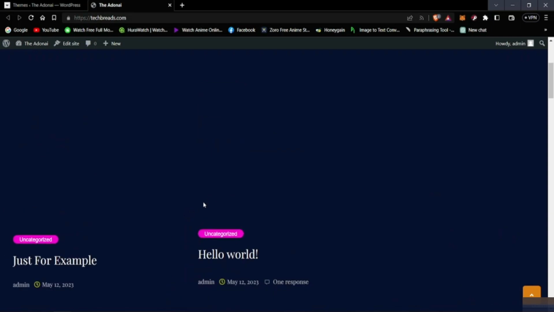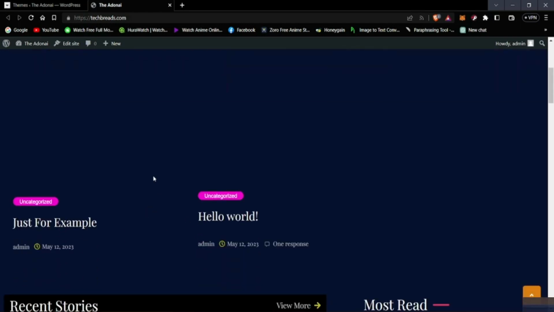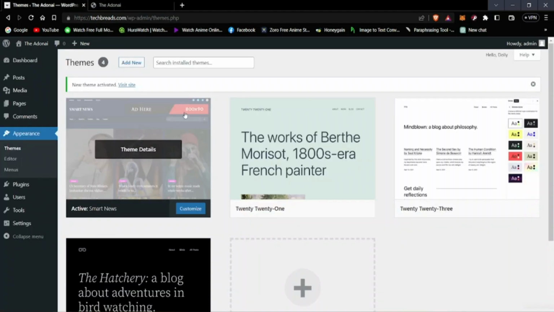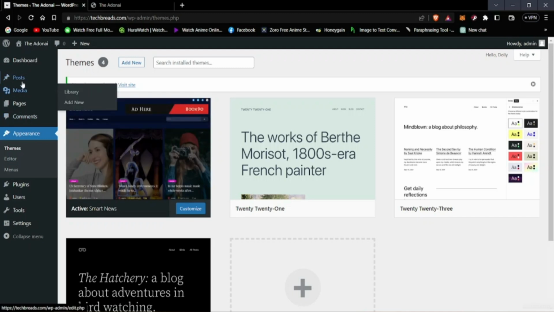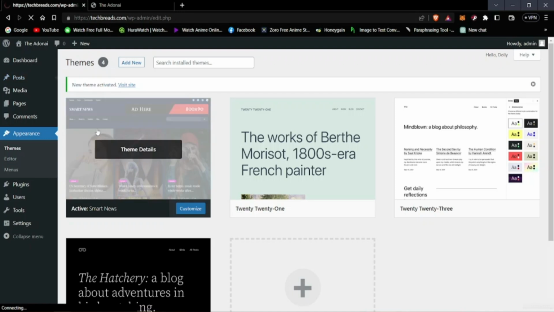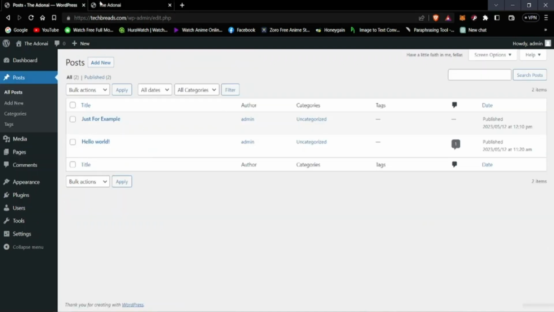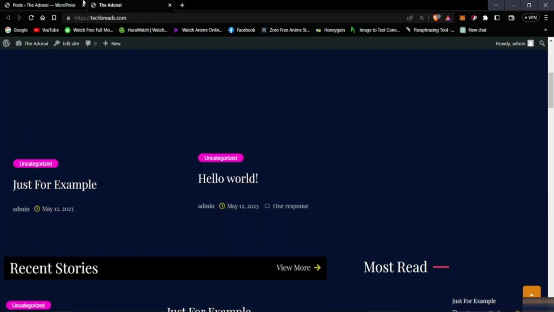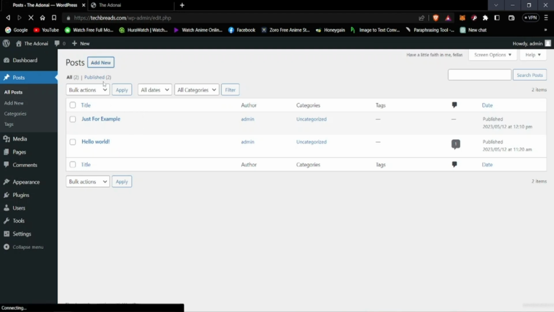Now if I want to add a new post and see what it would look like, now you can see here, it's uncategorized. All right, so if we want to post something, we can actually do that. So if I go to posts and click on all posts, you can see here we have 2 posts, and these 2 posts are written here. So if I want to add another post,